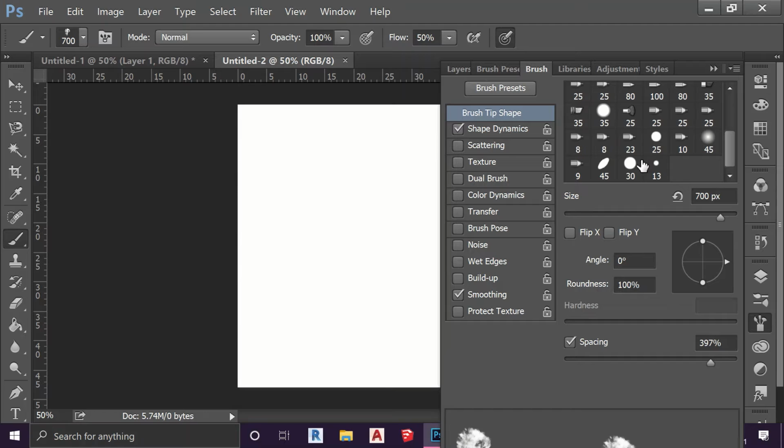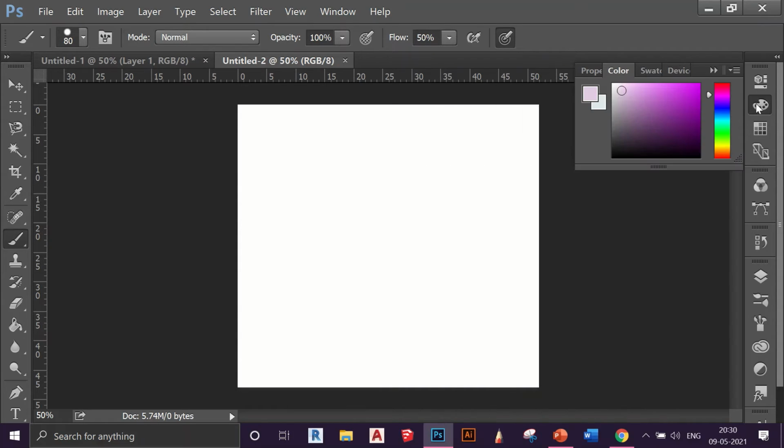So you have different types of brush tools here with you. What you can do is choose any of the brushes, like this, number 35. To increase or decrease the size, you can go here and increase the size or maybe decrease it. But you don't always have to go to the panel to do it. You can also use the square bracket buttons on your keyboard. Whenever you press the right hand side square bracket, the closing square bracket, the size will increase, and whenever you click the left hand side button, the opening square bracket, the size of the brush will decrease. So this is how you do it.